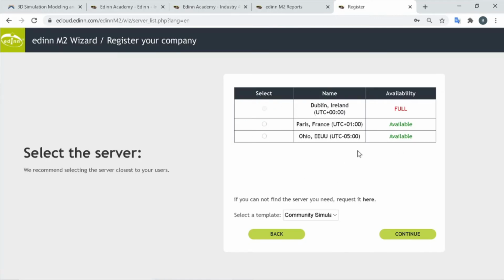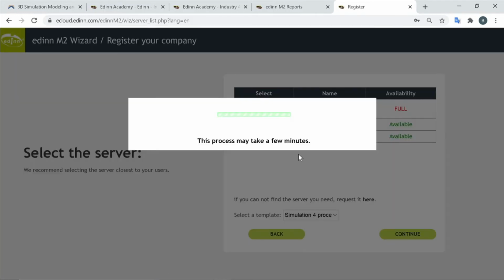Next, you can choose where you want your server to be hosted. We recommend you to choose where the majority of your users will be that are using the company. In this case, we'll choose Paris. Next, we need to select a template. We'll be using the simulation of 4 processes. And now the company is being registered. While this is going on,